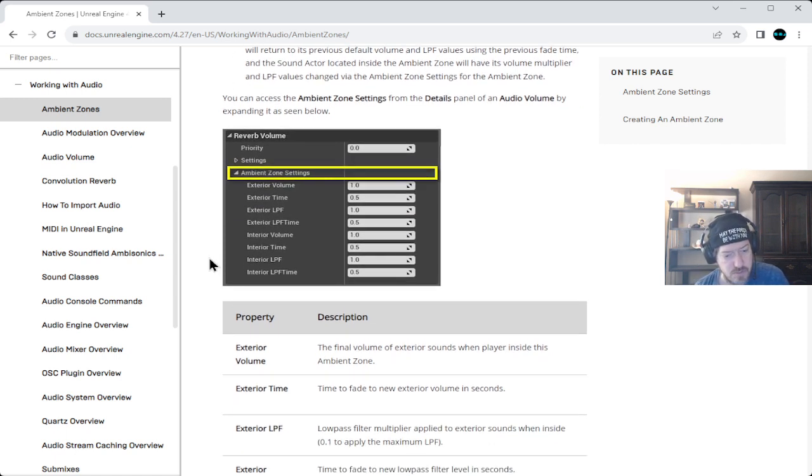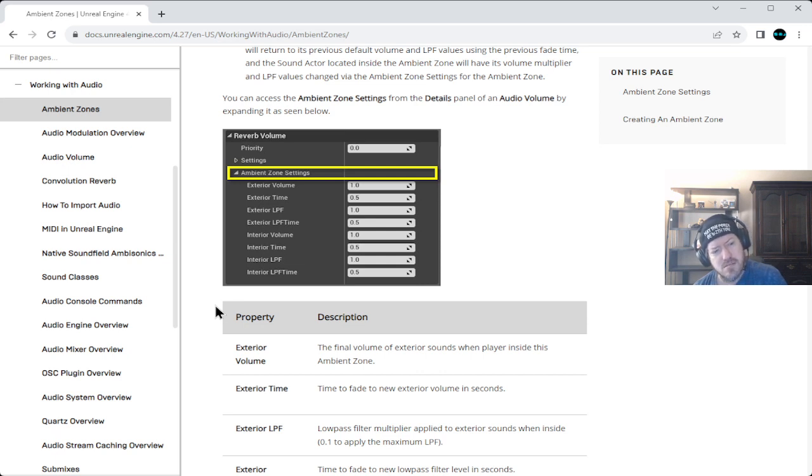So, okay, here it is. Low pass filter. A low pass filter is an audio signal processor that removes unwanted frequencies from a signal above a determined cutoff frequency. So it's like noise cancellation.